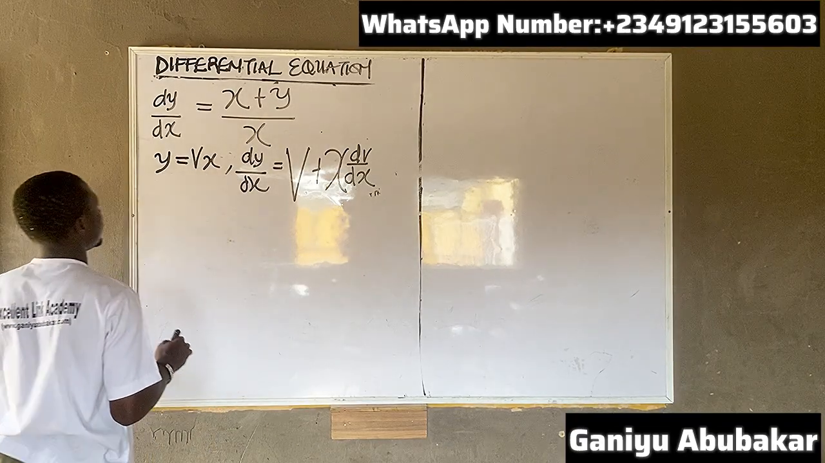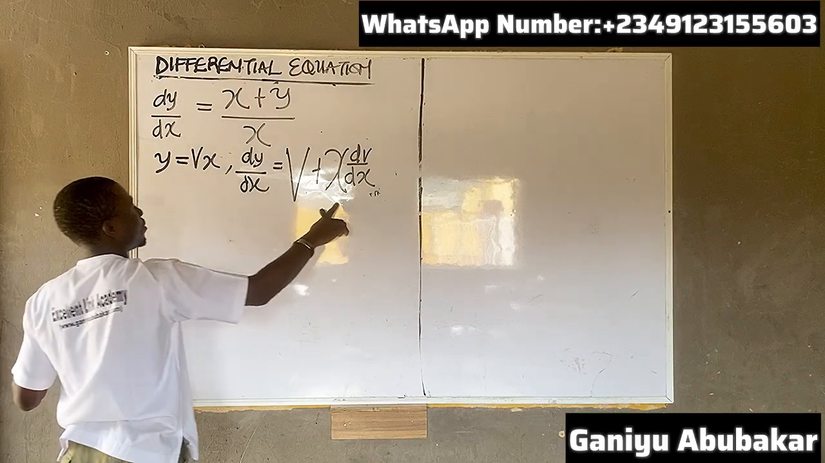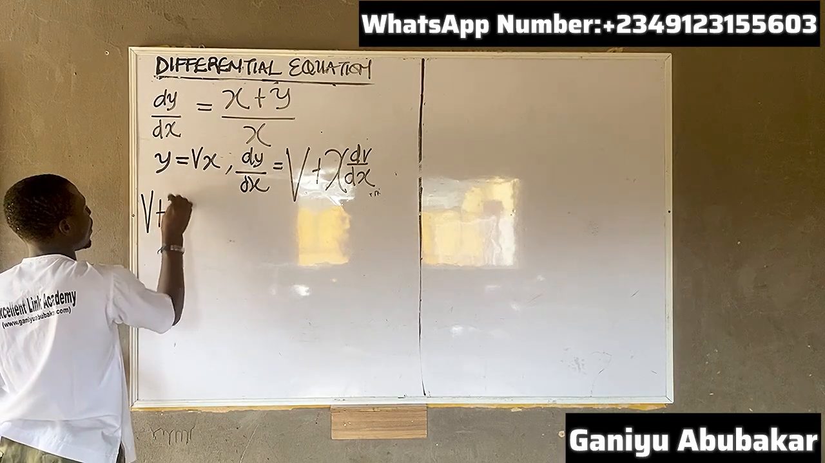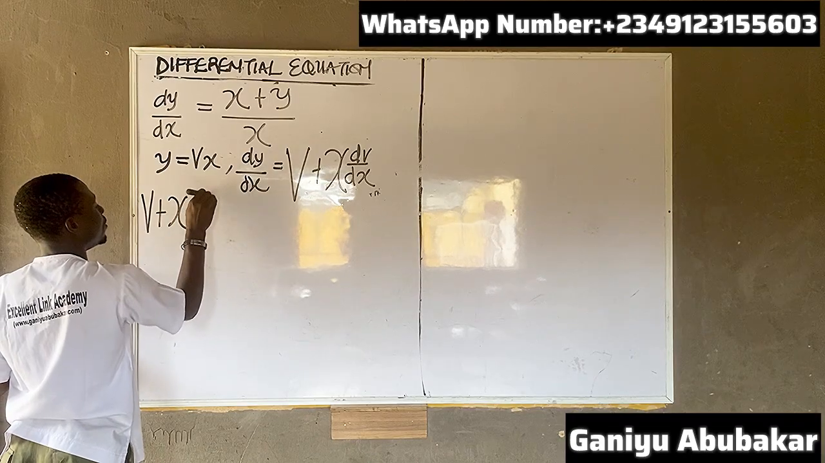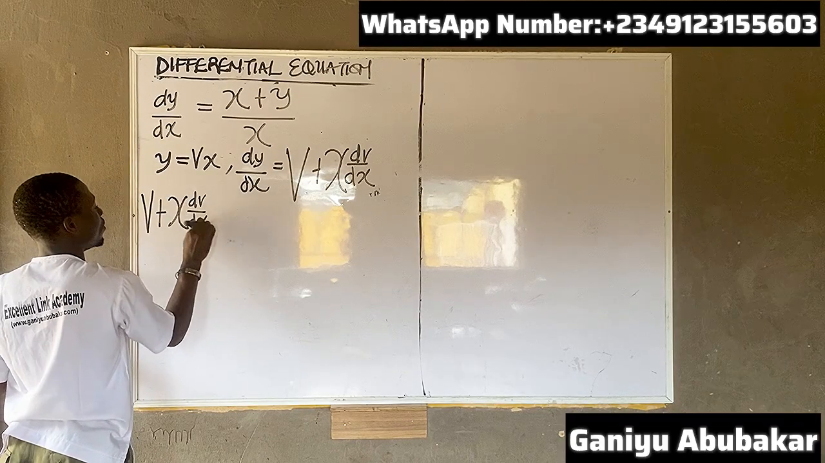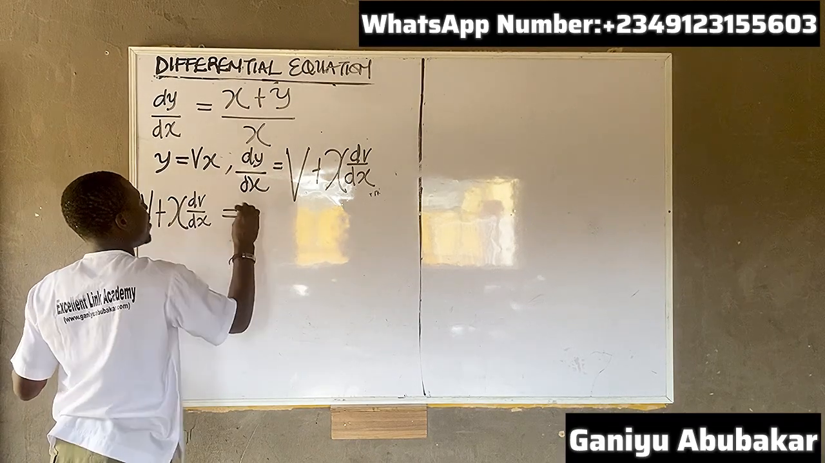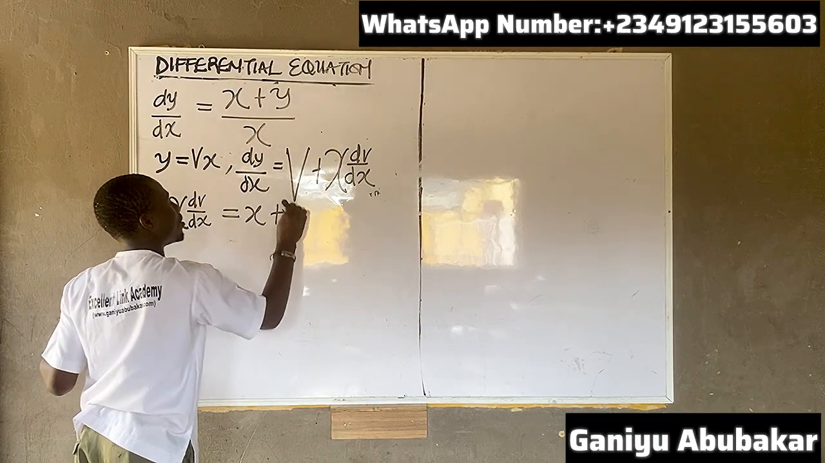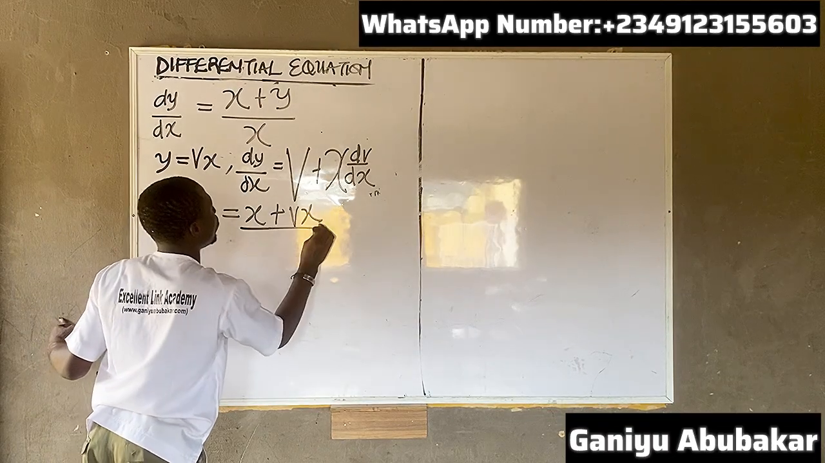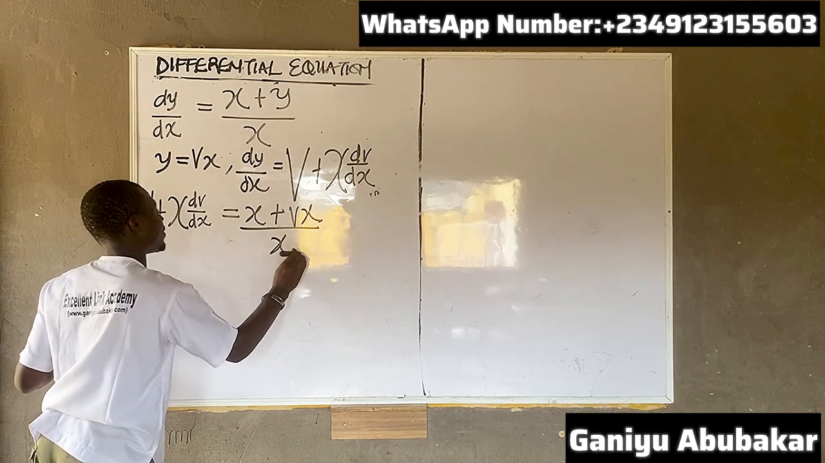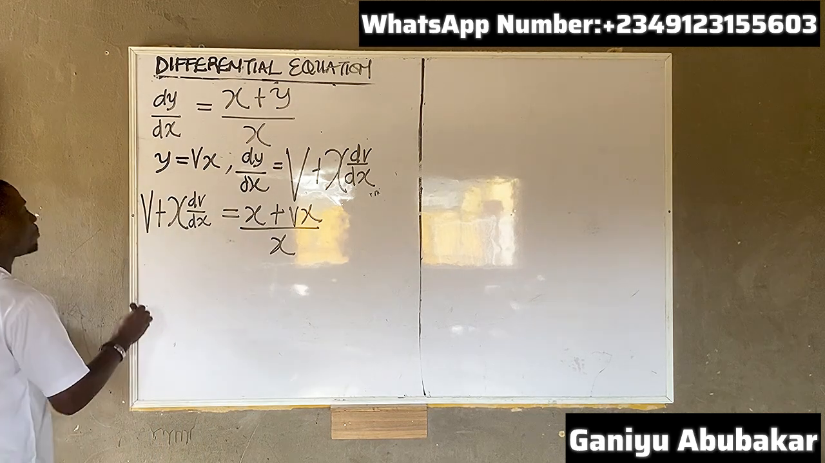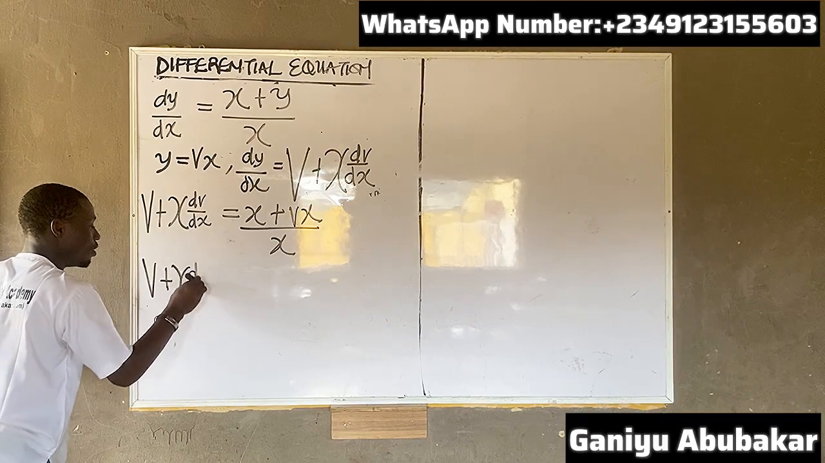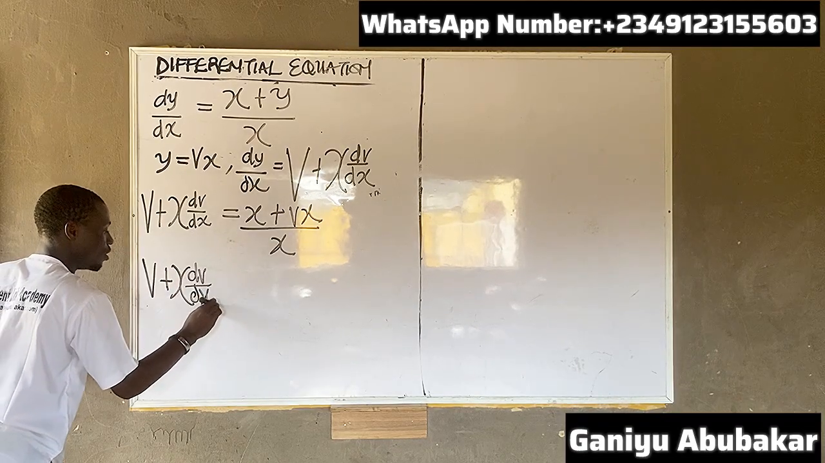Your first priority is that we said y over x should be this. So y over x should be v plus x dv/dx is equal to, I have x plus y, where y is vx. I have vx all over x here. Next, this gives you v plus x dv/dx